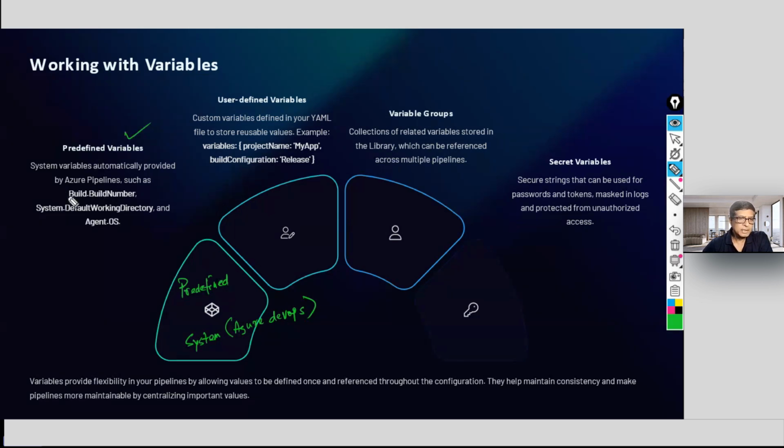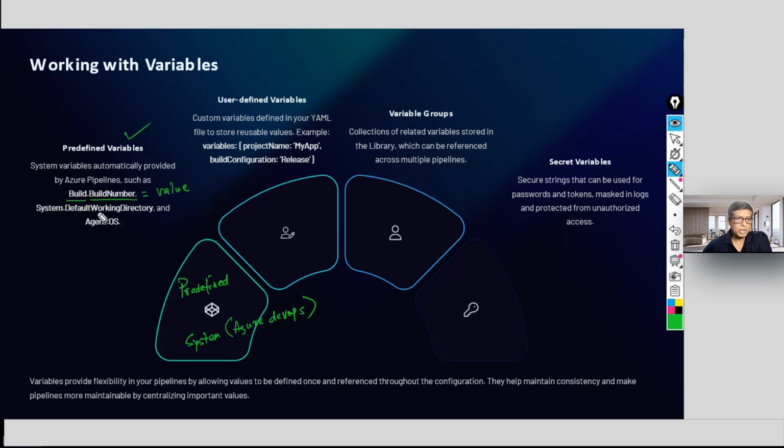This is an environment variable, within which there is a build number. Whatever is your build, that provides you with a value, and that value is referenced by this particular predefined variable. This is called the system variable.